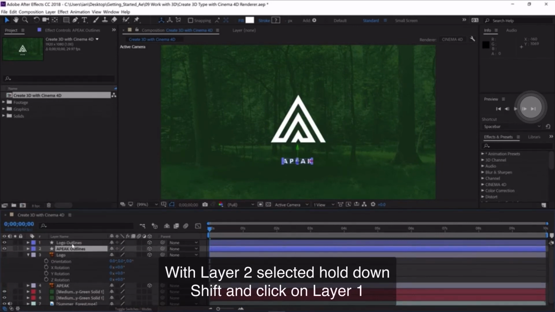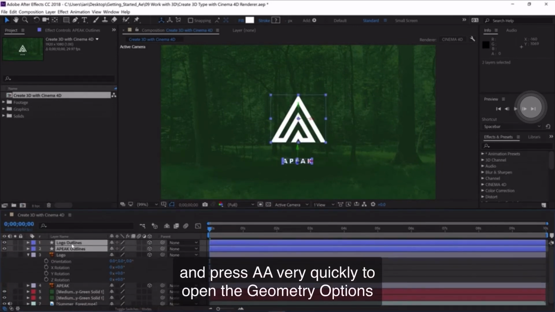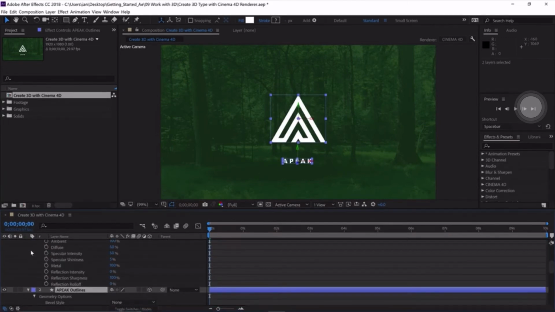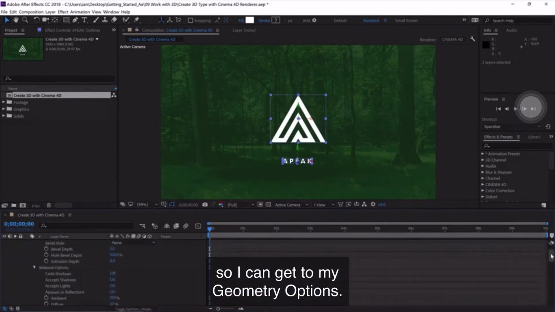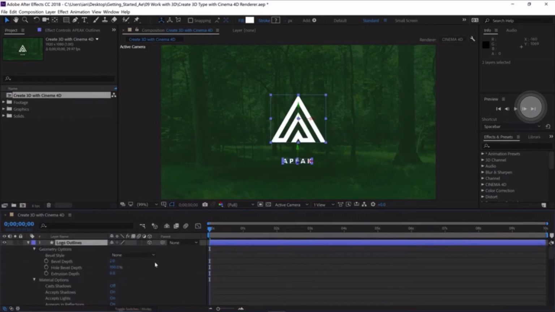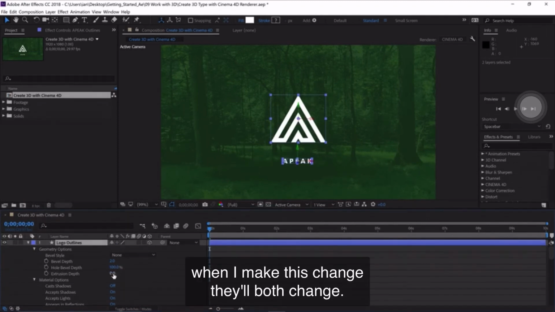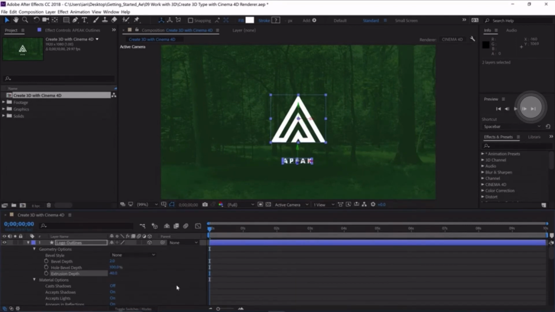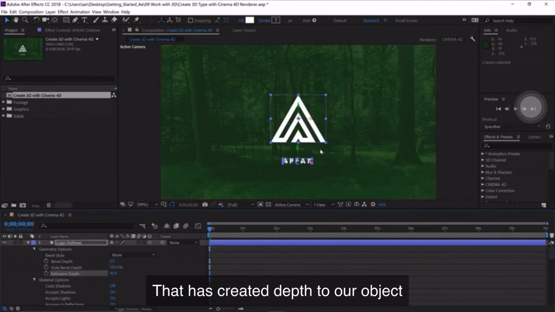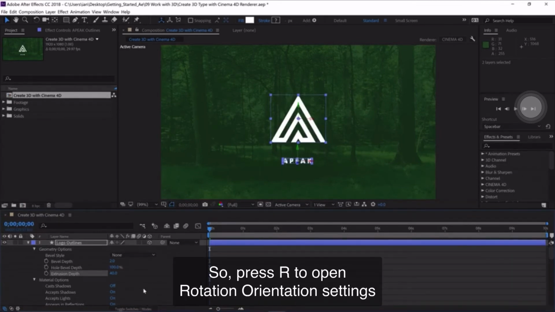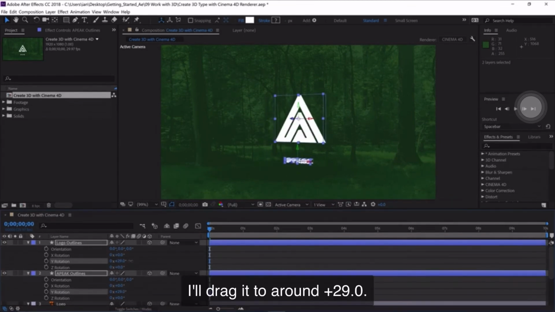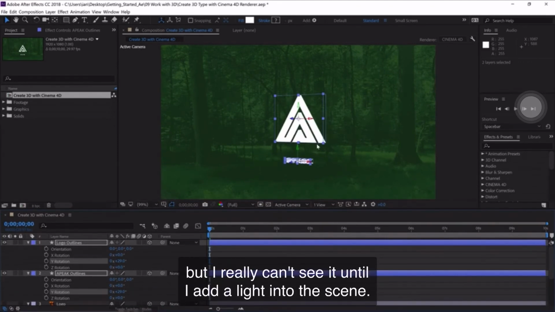With layer 2 selected, hold down Shift and click on layer 1 so both layers are selected, and press A A very quickly to open the geometry options and the material settings. And I'll scroll up in my timeline so I can get to my geometry options. Since both layers are selected, when I make this change, they'll both change. So set an extrusion depth of 40 and press Enter on your keyboard. That has created depth to our object, but we can't really see it yet. So press R to open the rotation orientation settings and click and drag on the Y rotation. I'll drag it to around plus 29. That's giving me a good view of my 3D object,